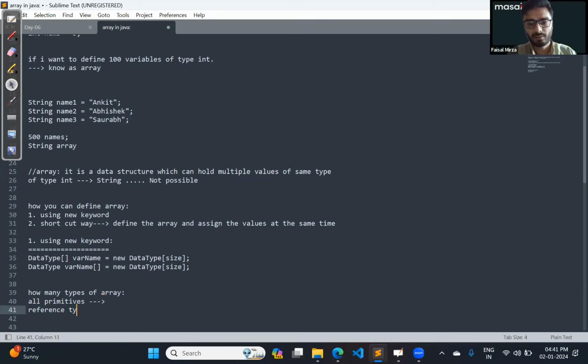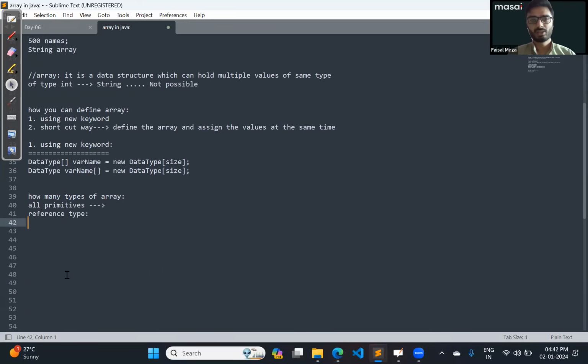For the reference type, whatever the specific class is, that kind of array you can also define. In the reference type, the best example currently available is the string array. Apart from this, a user-defined array can also be created, but right now we are only studying the string array. Now tell me, if I want to define an array of size 10,